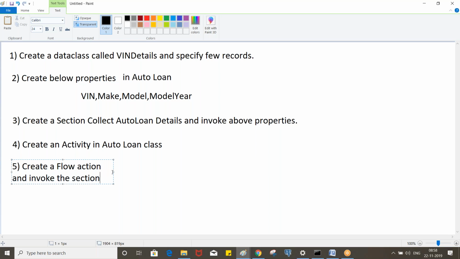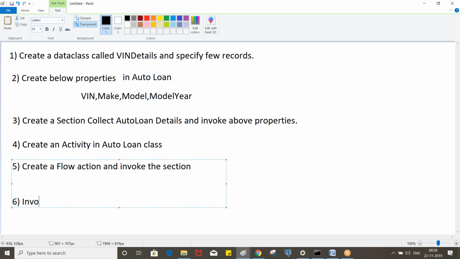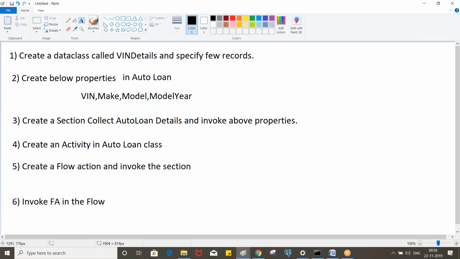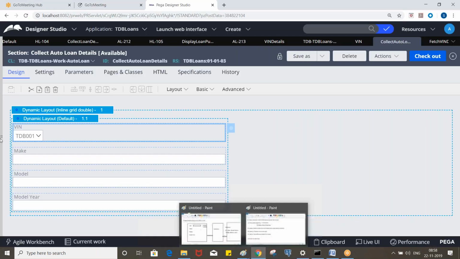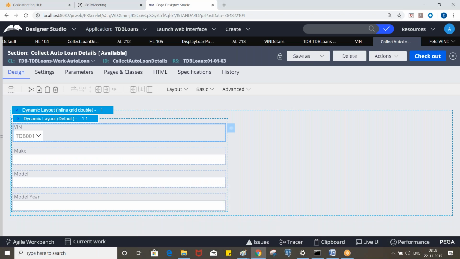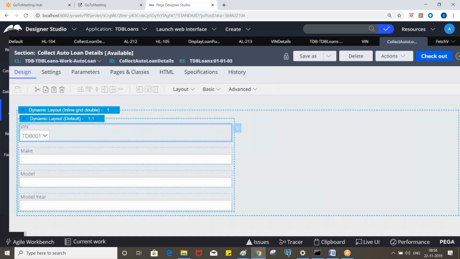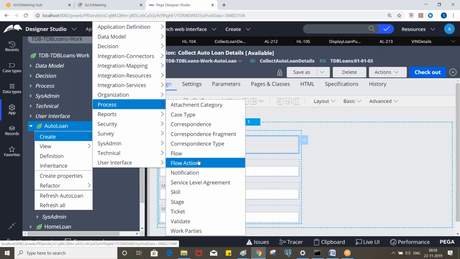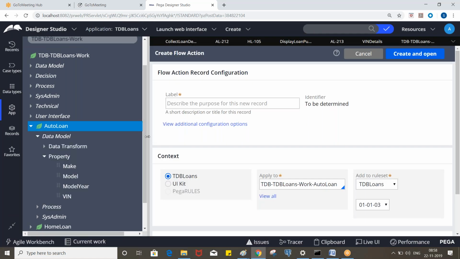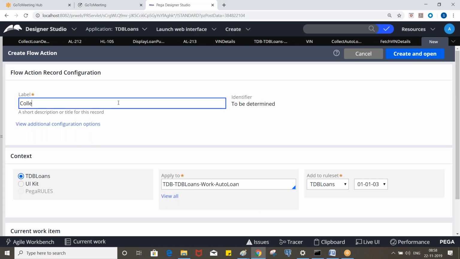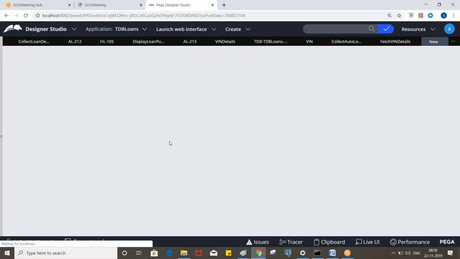The next step is to invoke the flow action in the flow. So create a flow action called collect auto loan details and invoke the section.